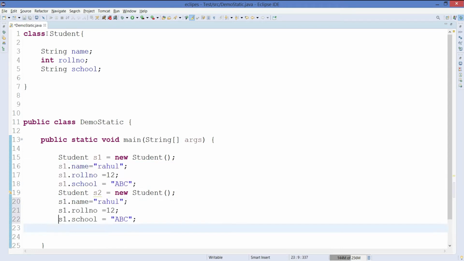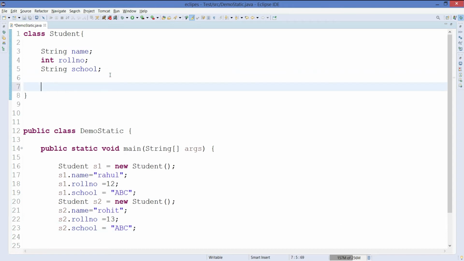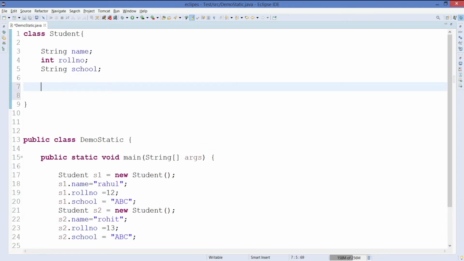Let's do the same thing for the second object also. Its name will be Rohit, the roll number will be 13, and the school name will be the same, ABC. I want to print this content that I have stored in the objects, so I will make a method here: public void showDetails.